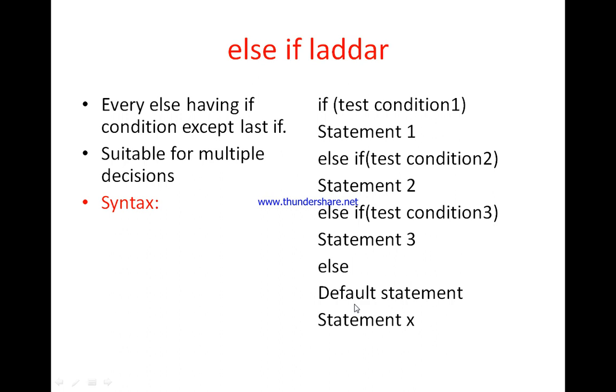If test condition 1 is false, then test condition 2 is checked. If it is true, statement 2 is executed, and after execution of statement 2, directly statement x is executed. If test condition 2 is false, then test condition 3 is checked. If it is true, then statement 3 is executed, and after execution of statement 3, directly statement x is executed, which is present outside of the nested if else if